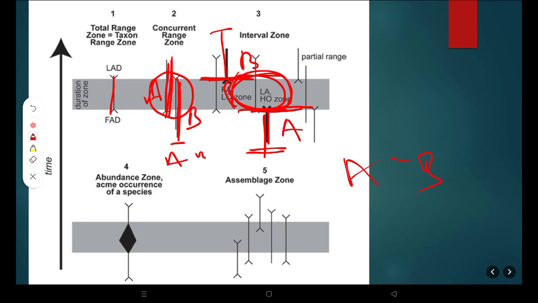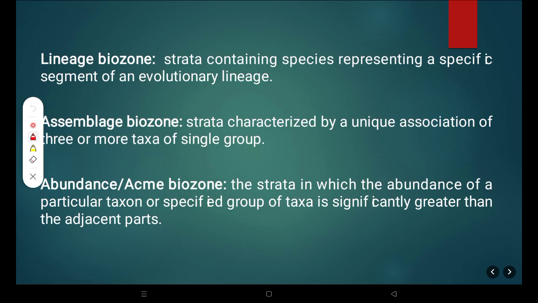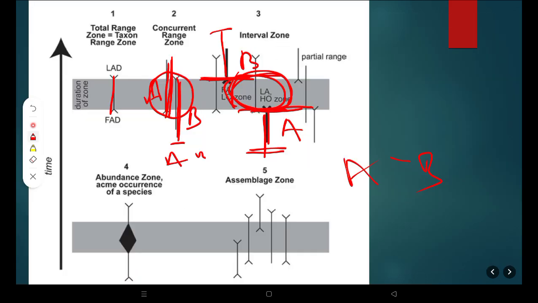Then another two biozones are there. Assemblage biozone. Assemblage biozones are the unique association of three or more taxa in a single group. What it says is, here suppose there is fossil A. This is the range of fossil A, here it is appearing first, this is its last appearance. This is fossil B, this is C, this is D, this is E. There are five species or taxa in this data, which is more than three. So if there are three or more taxa